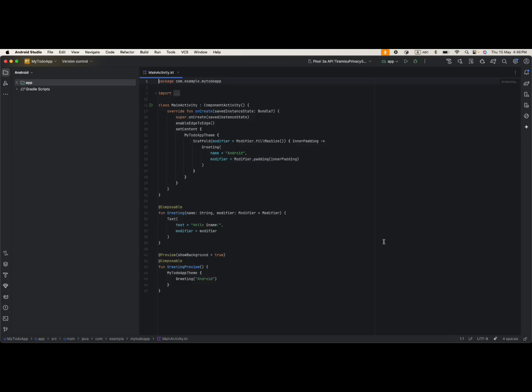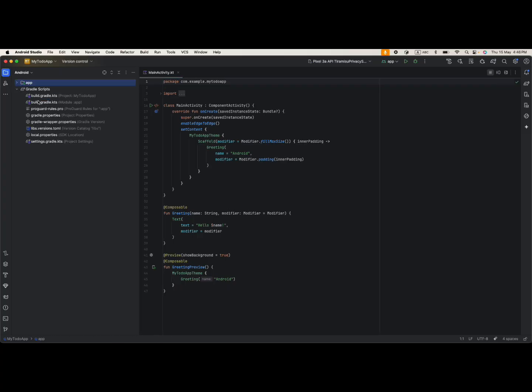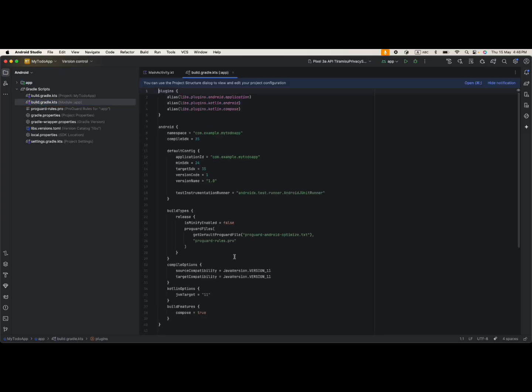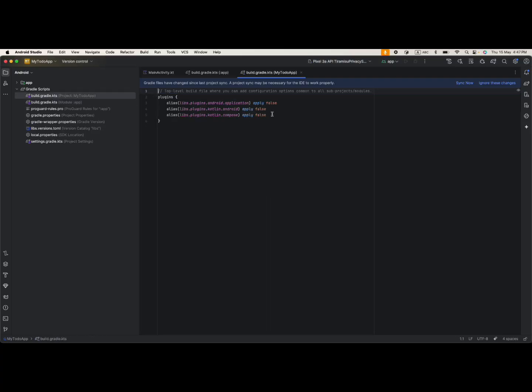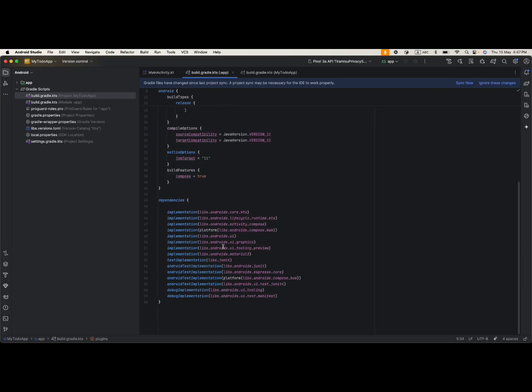Once Gradle finishes its job and the application is ready, first of all, let's add our dependencies. I will just quickly copy paste everything to save our time. First of all I'll add KSP, which I take as the ID com.google.devtools.ksp, and I will also add it in the build.gradle at the project level. So I just copy paste here, and then we go back to the build.gradle and go down to the dependencies,